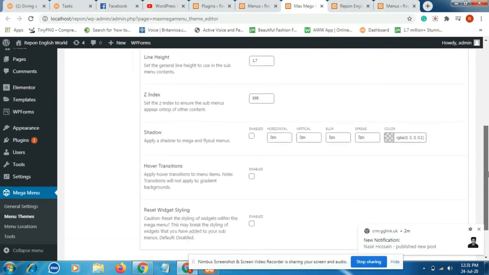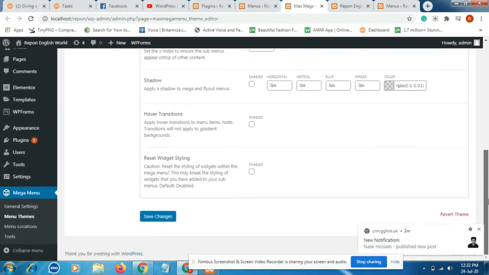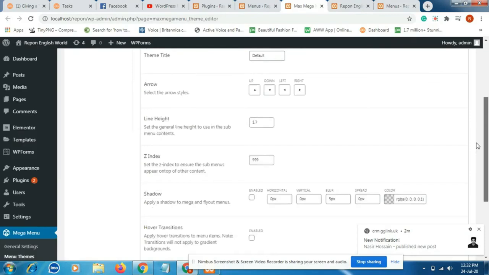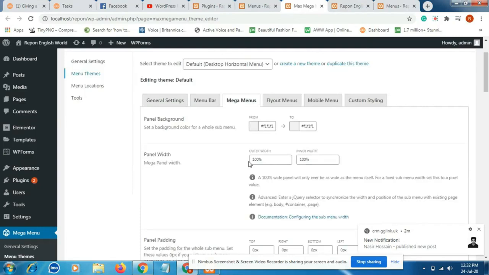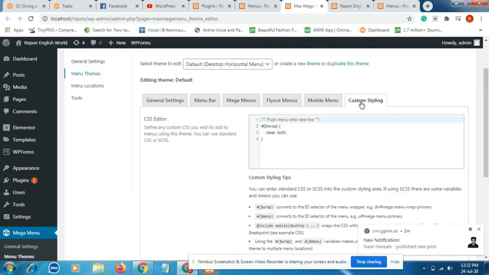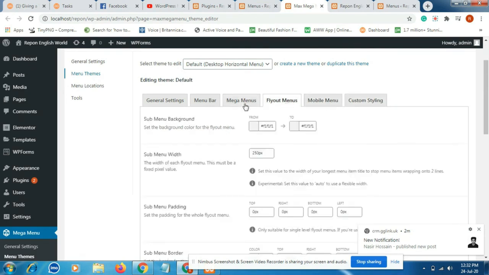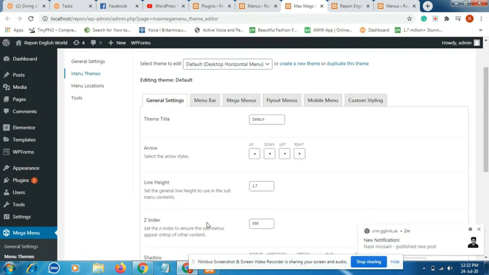Here you can set the menu bar, mega menu settings, a lot of things you can customize in the mega menu. Here you can select the color grading. When you mouse hover over the menu item, which color it will display, you can set from here.